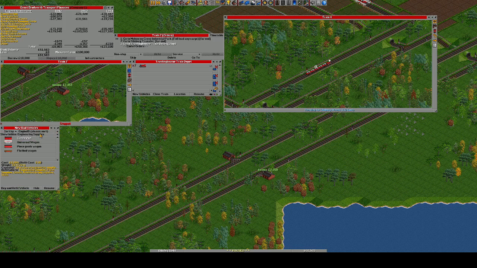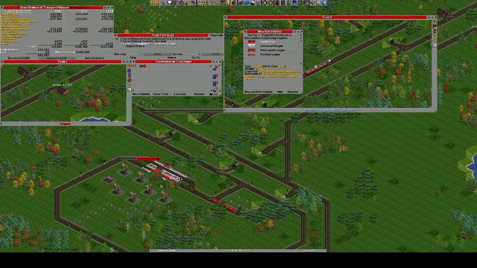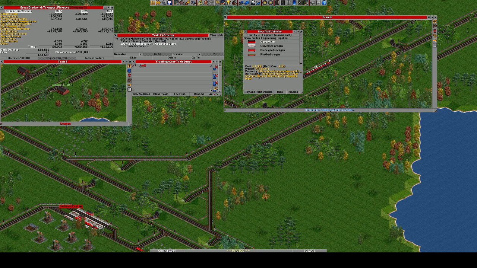Okay, so now we want engineering supplies. Now, 21 will get us double production. But delivering more won't really increase us any more production. So what have we got? 20 crates in that one. 25 crates in that one. 25 crates there. And 25 crates there. So if I was to pick a 25 one,